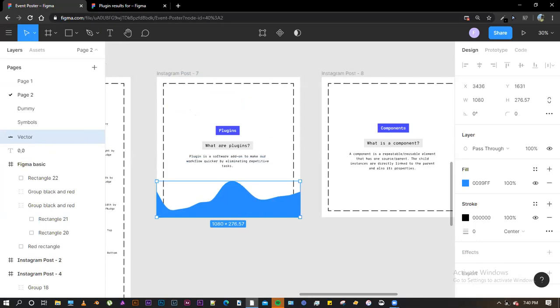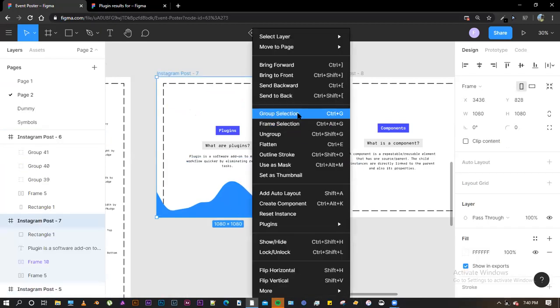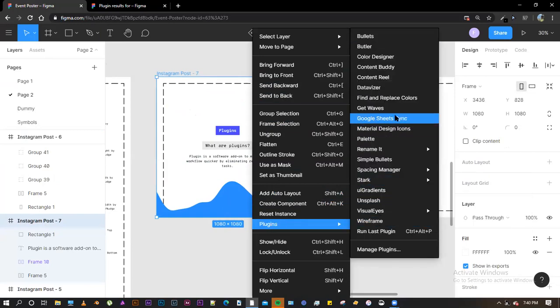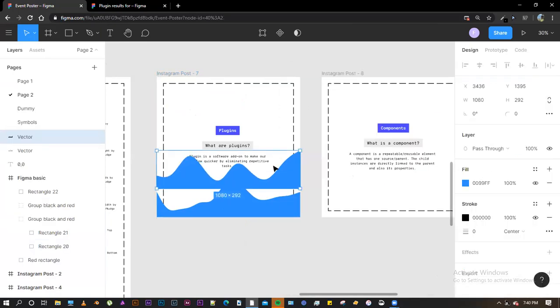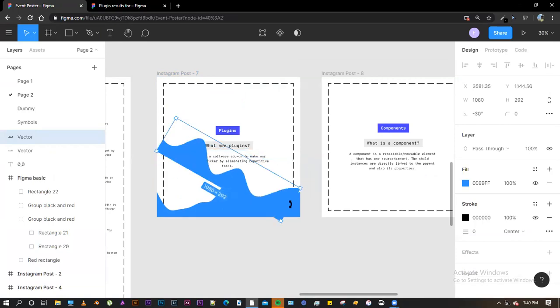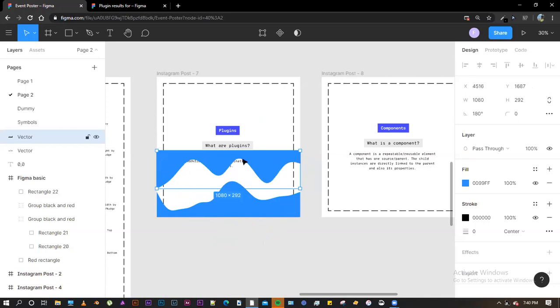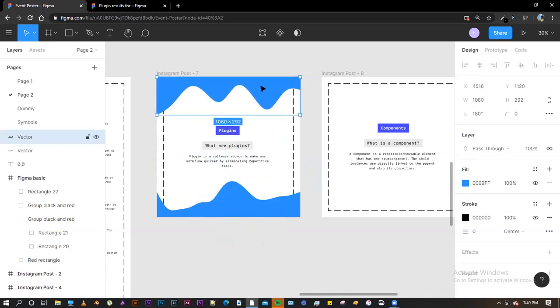depict data on graphs. And if I now right click, go to plugins, Get Waves, and now if I increase the complexity and click on create, and if I come onto the right hand side, hold my mouse and rotate it by holding down shift and take it to the top. All right.